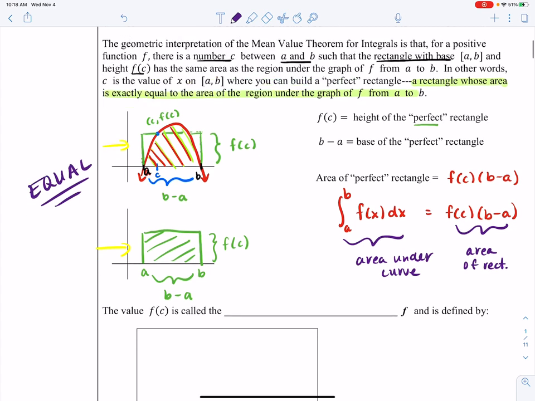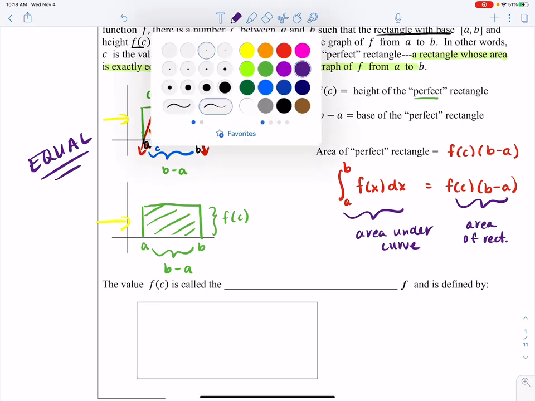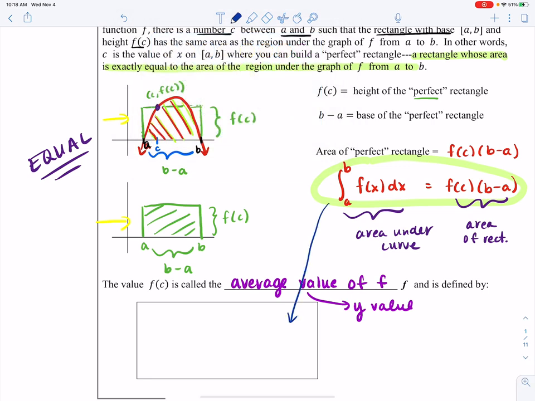Now, important to note that this spot, f of c right here, is actually pretty significant. This f of c is your average value of your function f. And when I say an average value, we typically are saying y value, okay? Now, if I took this equation right here and I solve it for f of c,